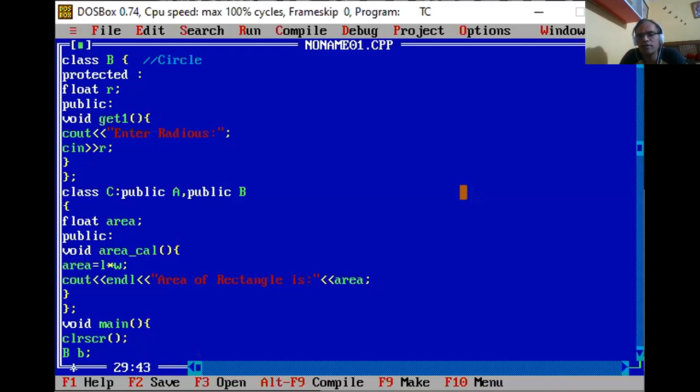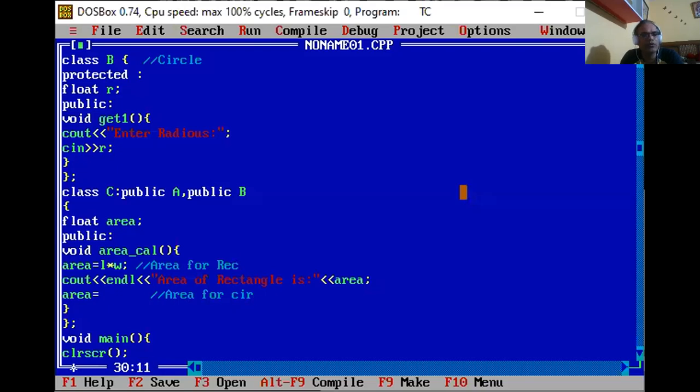And the same method again we use to calculate the area for the circle. Either you can define another member function, or you can use a single member function to calculate both areas.